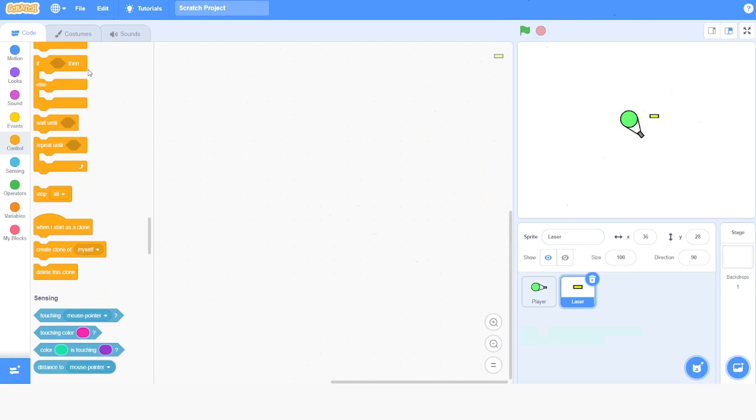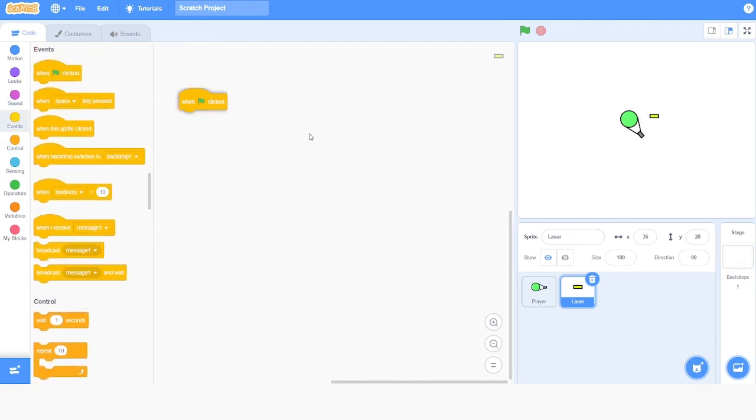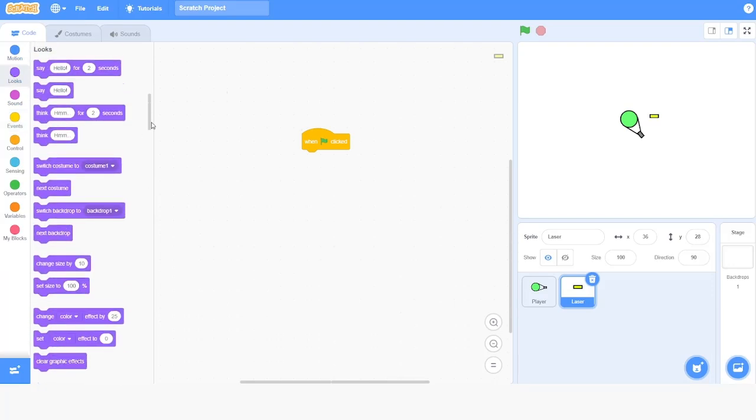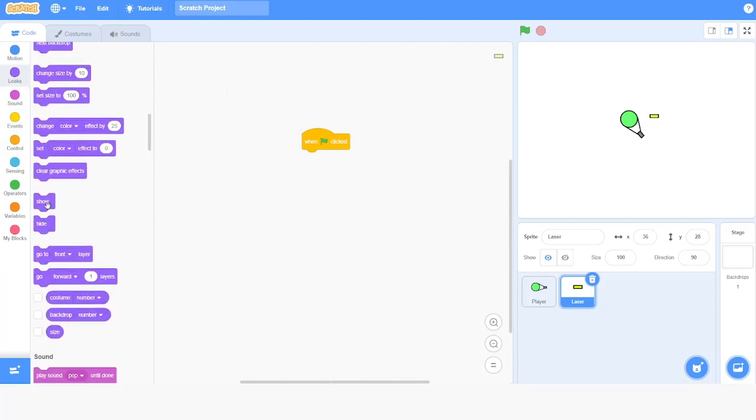So when you come here to the laser, you have a when flag clicked, and then go to looks, and then go to this section where it says show and hide. Get the hide one and put it there. Now leave this piece of code. This will keep the main sprite hidden,